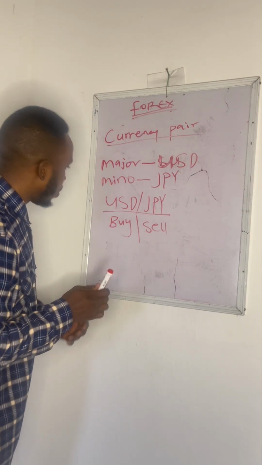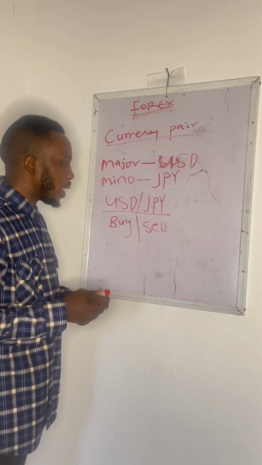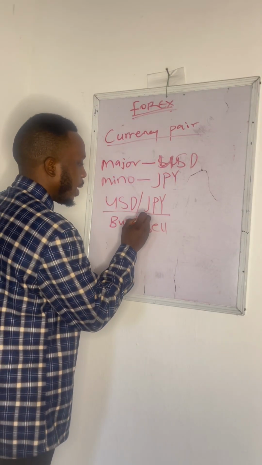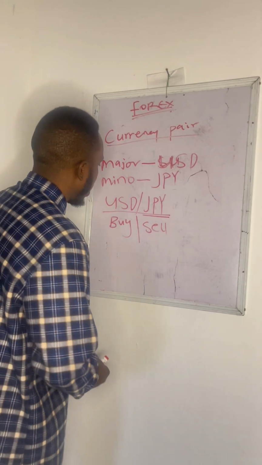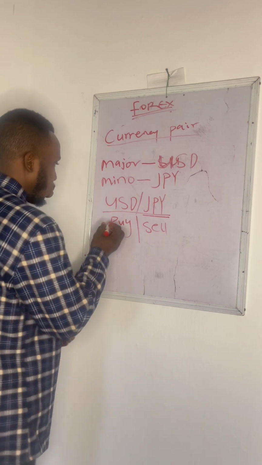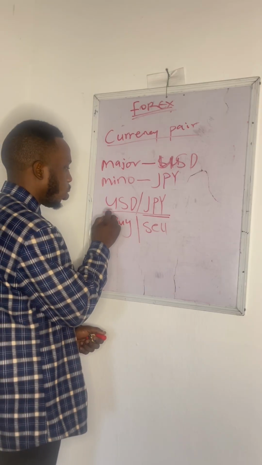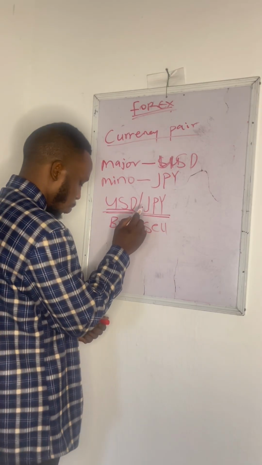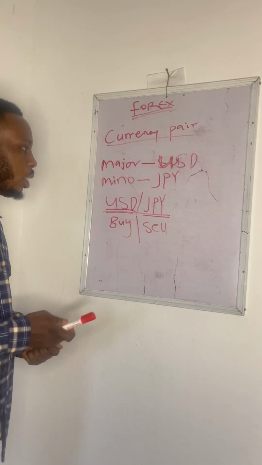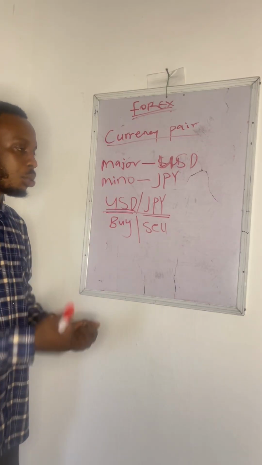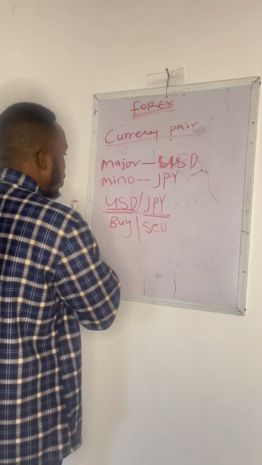But if we say sell USD JPY, that means we are also saying that Japanese yen has the strength. When we're talking about US having the stronger role to play in this market, they are the strongest in this particular market. USD JPY, they are the strongest. Then when we say buy USD JPY, it means that US has a stronger strength in that market at that moment. But when we say you should sell,